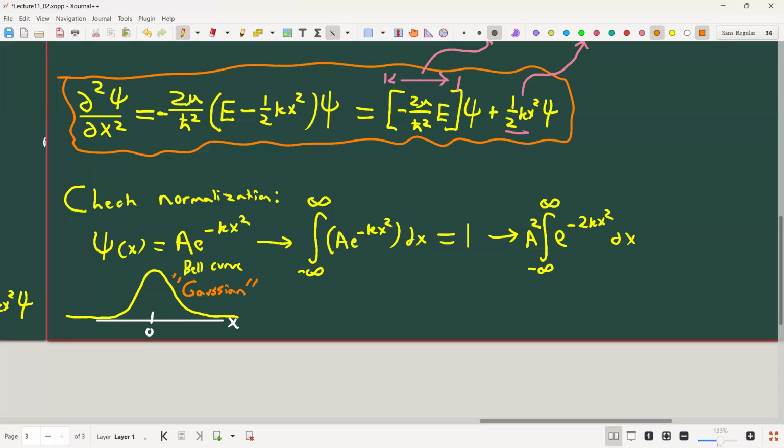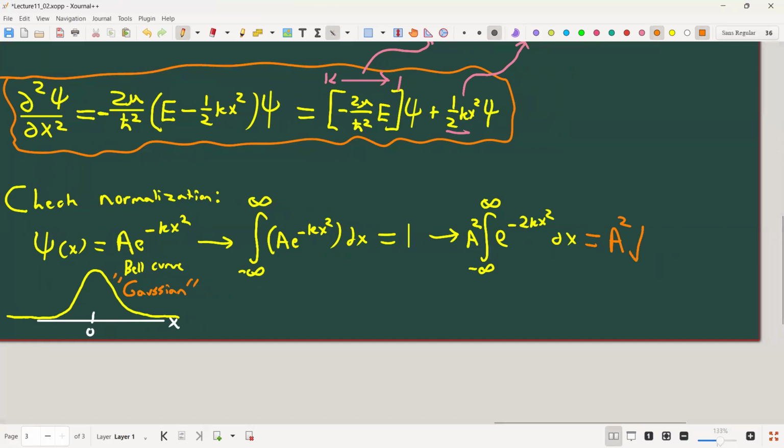We have something that looks like e to the minus x squared on the ends here. And that, of course, will integrate to 0. It's not so hard to show that. And there's a finite region in here, so this whole thing should integrate to a finite value. Let me just get the result for you. This is going to be equal to a squared times the square root of